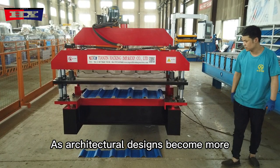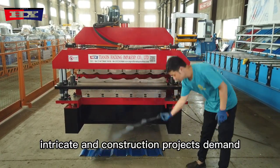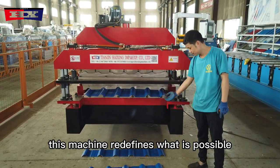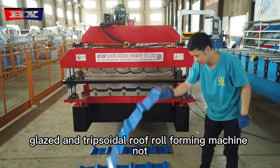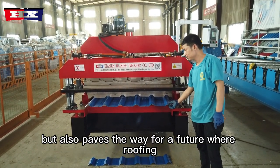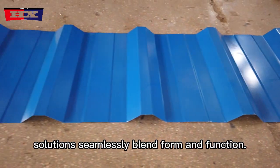As architectural designs become more intricate and construction projects demand superior performance, this machine redefines what is possible in roofing material production. The double-layer glazed and trapezoidal roof roll forming machine not only elevates the roofing industry but also paves the way for a future where roofing solutions seamlessly blend form and function,